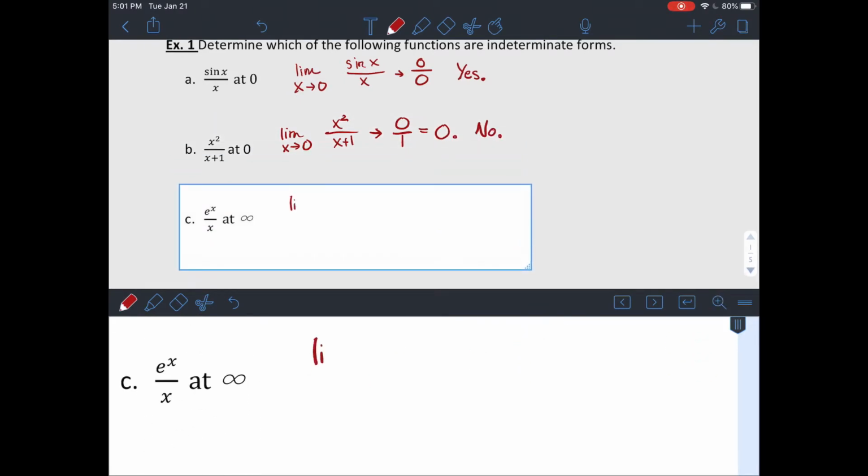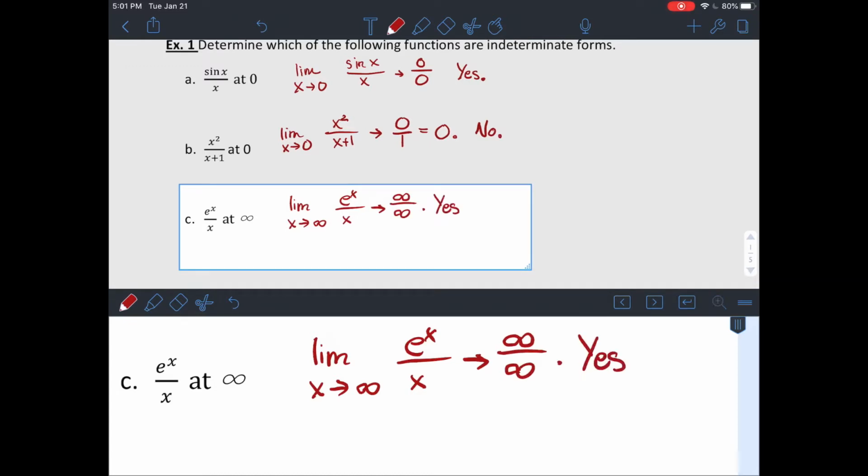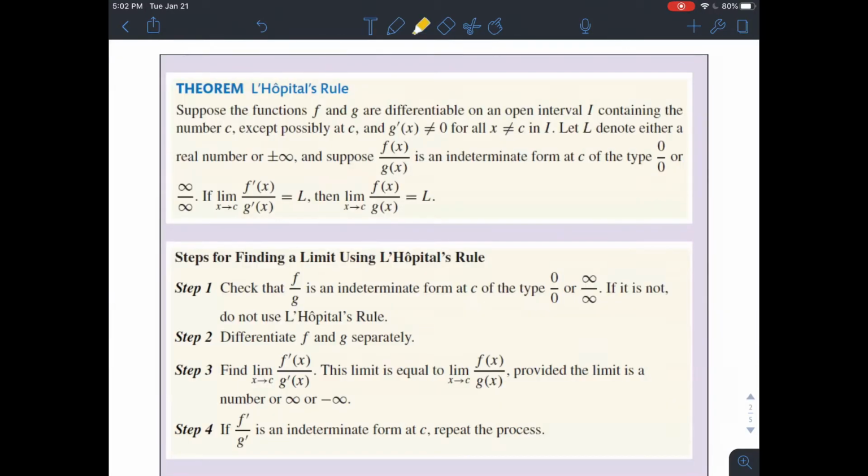If you try C, as your x values approach infinity, you're going to have e to some really big value, so 2 to some really big number. You're going to end up with infinity over infinity, essentially. Really big number divided by another. So yeah, indeterminate form. To use L'Hopital's rule to evaluate some limits, first check that it is one of those